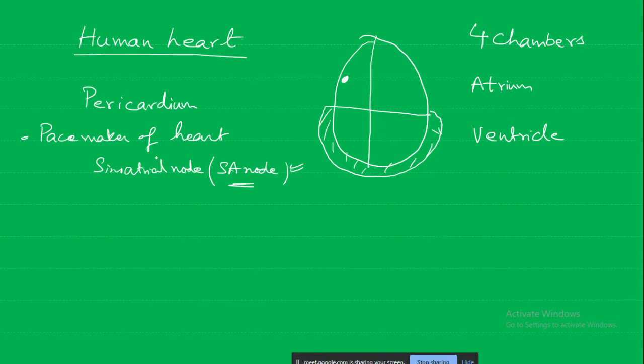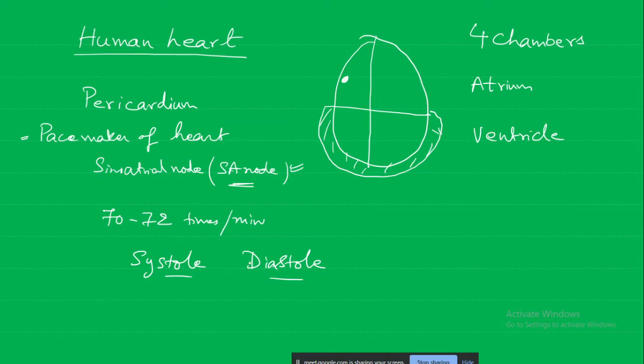So the human heart, in a typical adult person, will beat about 70 to 72 times per minute. For young children the heartbeat is much faster, and at an advanced age the heartbeat may become slower. There are two phases: the heart will expand and it will contract, that is, systole and diastole. This causes the lub dub sound.